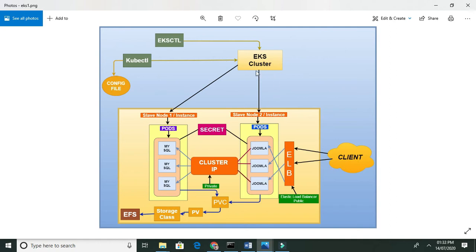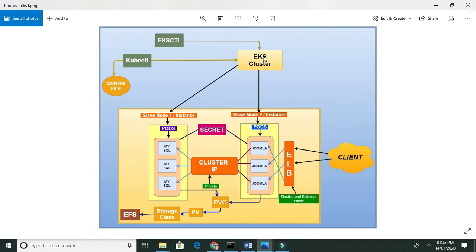This is the master node, and it will also create slave nodes for us. Slave node means instance. You can see here, this box is one instance. Don't go inside that part, I will explain further. This is one more instance. So we have created two slave nodes, and now the setup is ready. The master and slaves are ready.